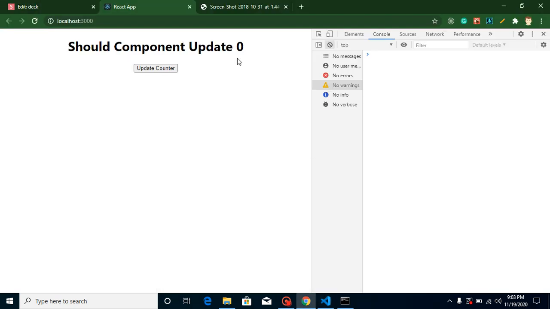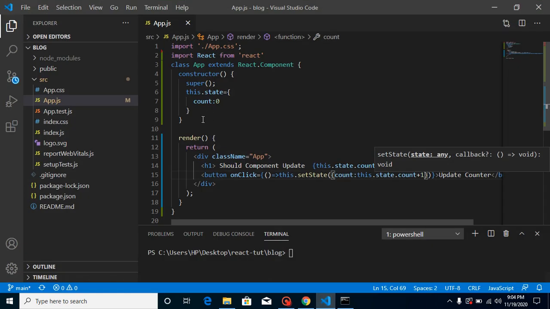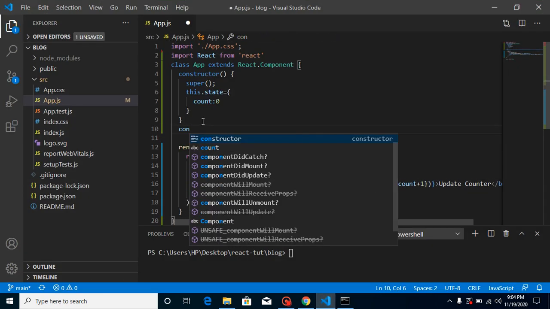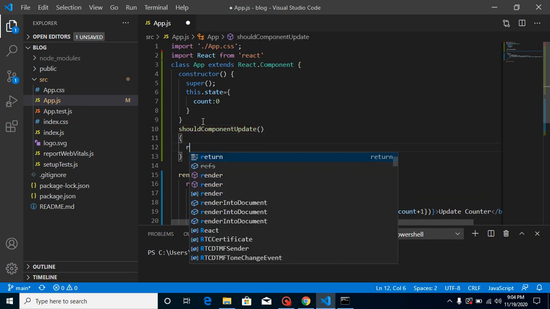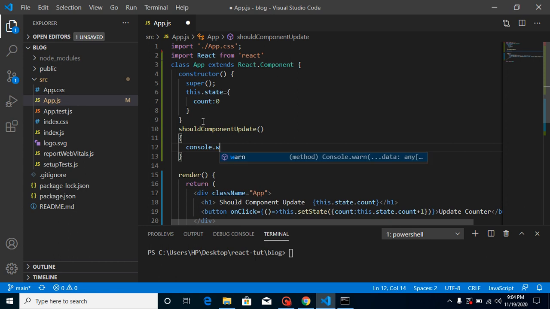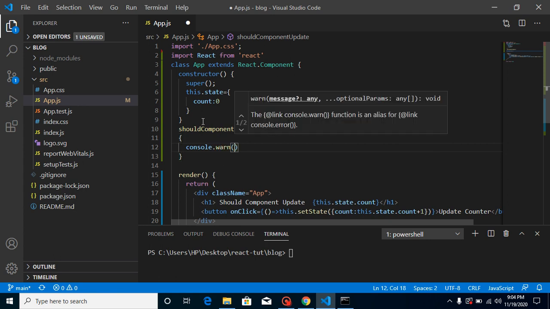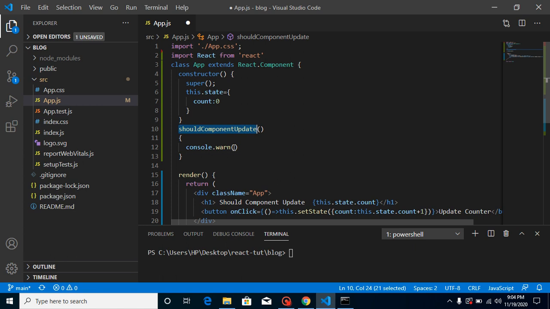And now you will find that this is working fine. Now I'm going to define shouldComponentUpdate here, and simply make a console.log with shouldComponentUpdate inside a string.